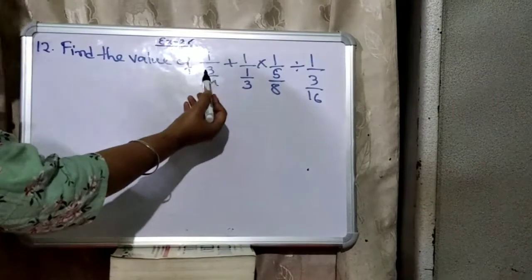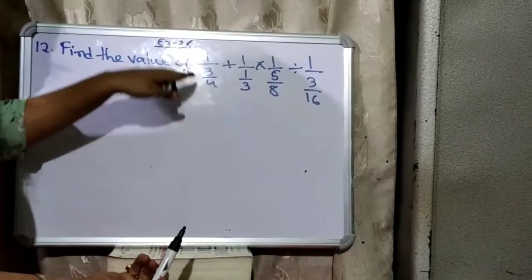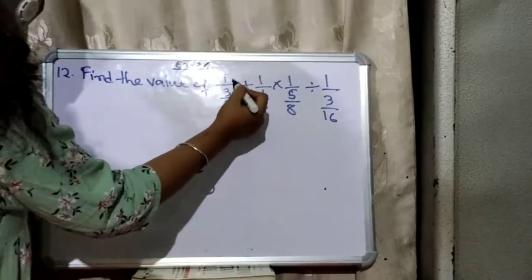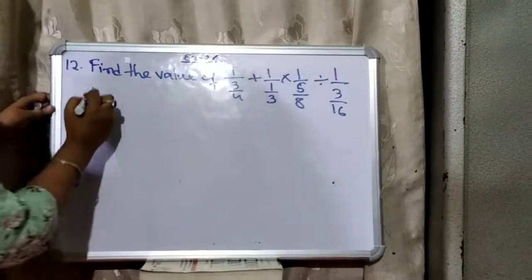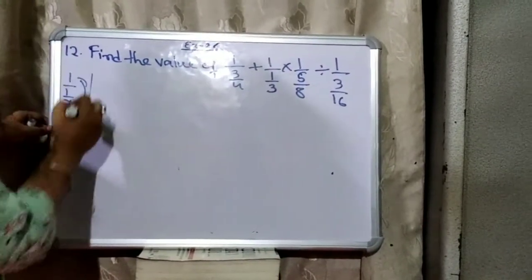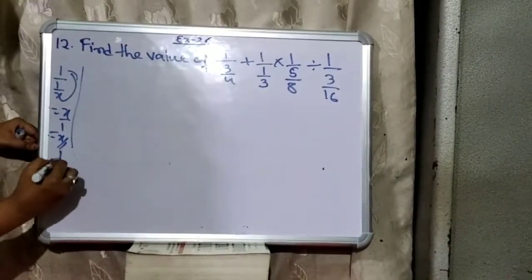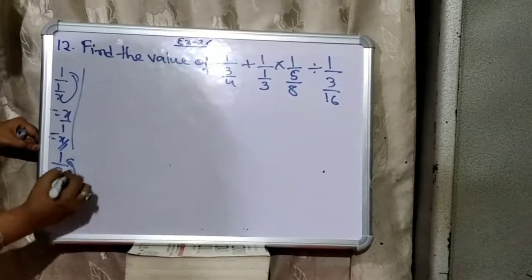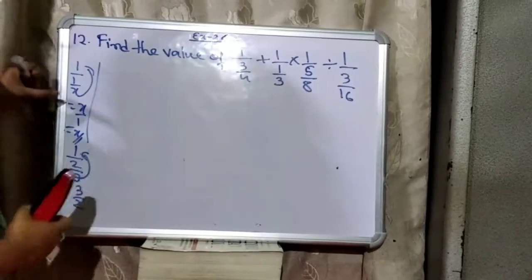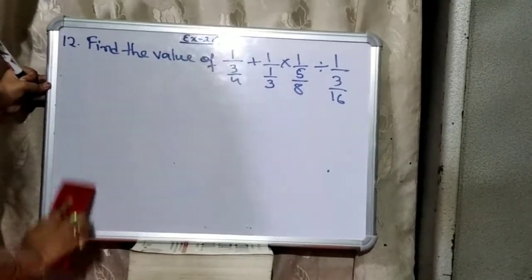In this question, first this fraction is in the unstable form. You have to bring into the stable form. To bring into the stable form, what you will do? This 4 will go up and 3 will remain like this. If I say, if it is 1 by x, if I ask you what will be the value, this x will go up. Your value will be x by 1, which is x. Similarly, what will be the value for 1 2/3? This 3 will go up. Your value will become 3/2. So you have to apply this concept in this question in order to solve this sum.